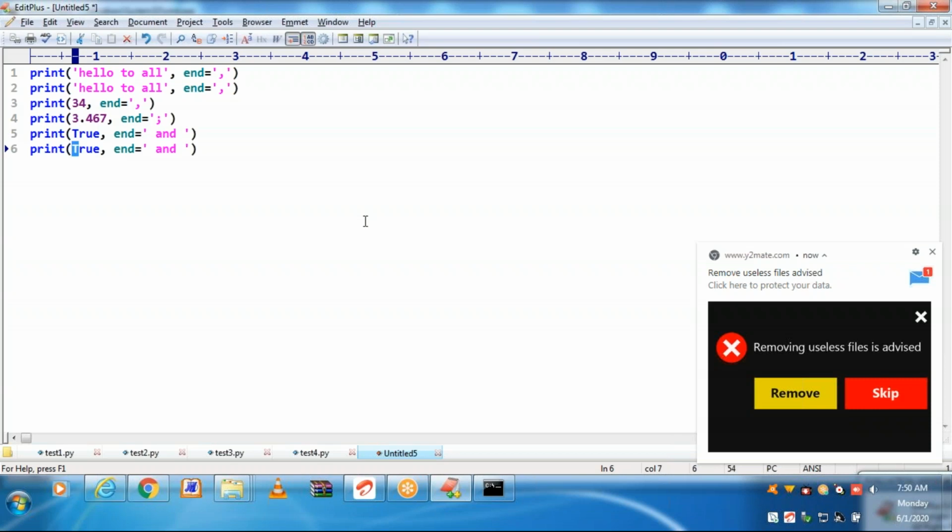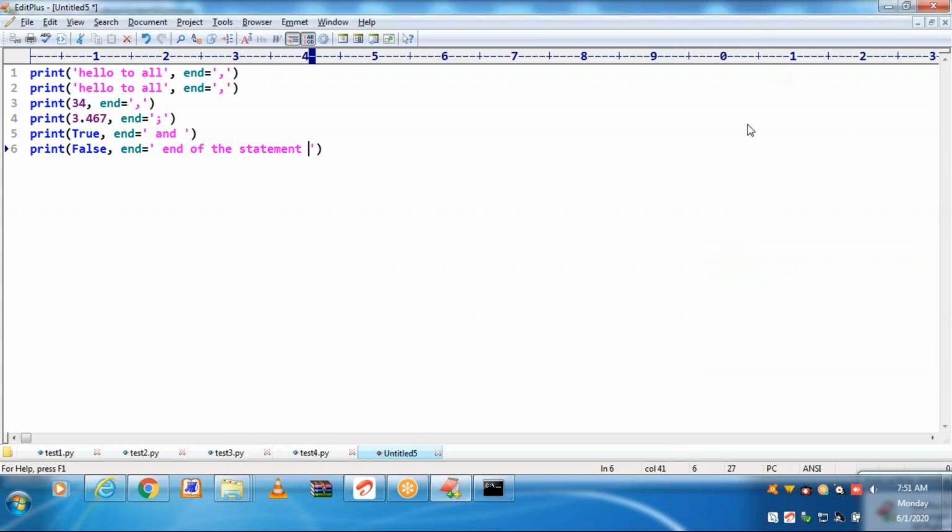In case of Python, true and false, the first letter should be in uppercase. Let us run this one.